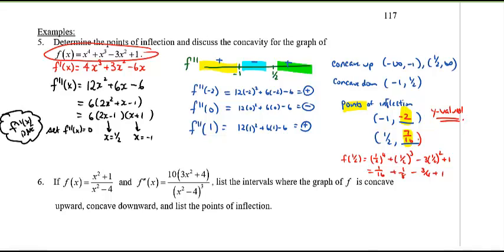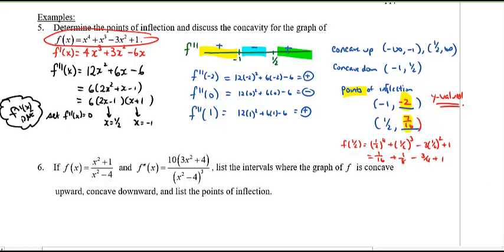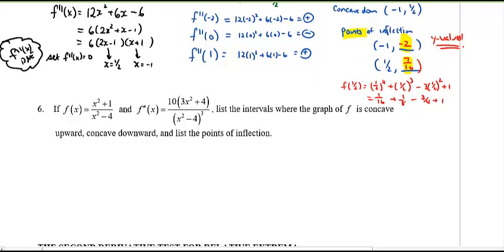We've discussed the points of inflection and concavity for this graph. All right, number 6. Same business, this time with a rational function. But this time I'm nice, I gave you the second derivative. Say thank you. So now I'll list the intervals where the graph is concave up, concave down, and the points